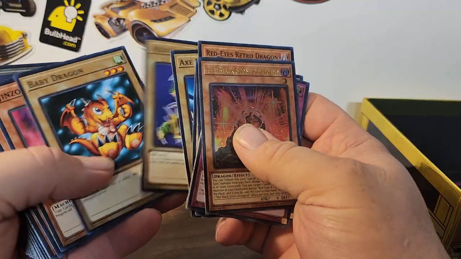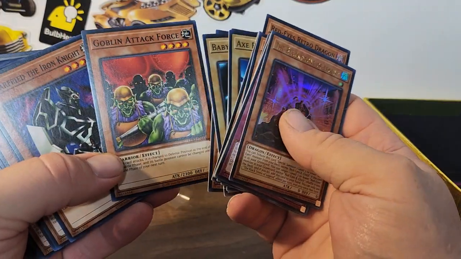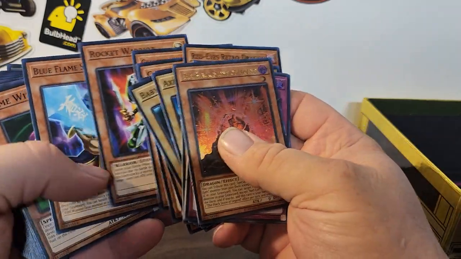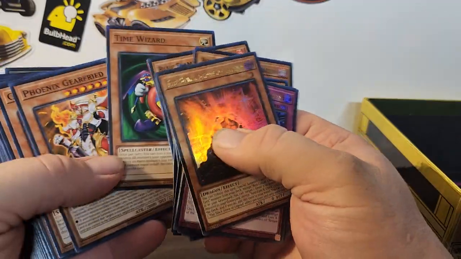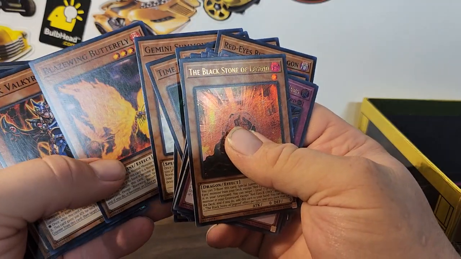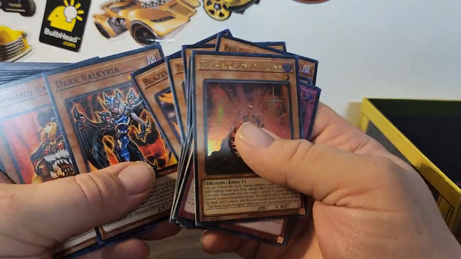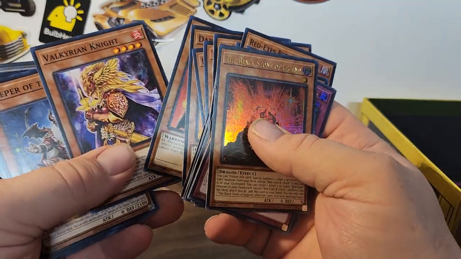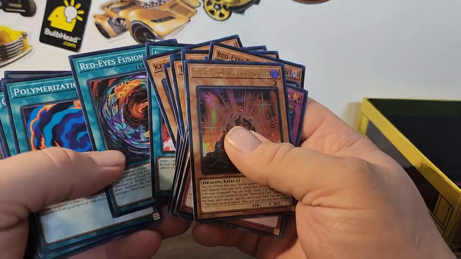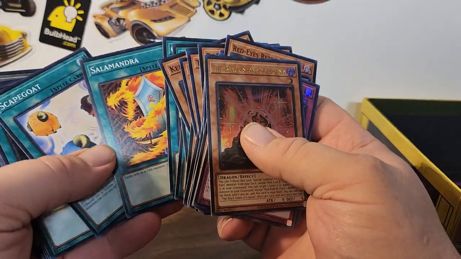Alligator Sword, Baby Dragon, Jinzo, Goblin Force, or Goblin Black Force, Gearfried the Iron Knight, Rocket Warrior, Blue Flame Swordsman, Time Wizard, Phoenix Gearfried, Gemini Summoner, Blazing Butterfly, Dark Valkyria, Command Knight, Valkyrian Knight, Keeper of the Shrine, Infernal Fire Blast, Red-Eyes Fusion, Polymerization, Cards of Red Stone, Salamandra, Scapegoat,